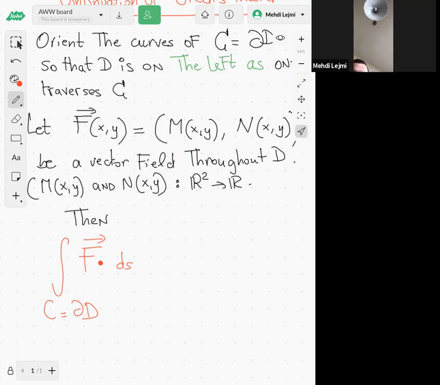This vector line integral is going to be equal to